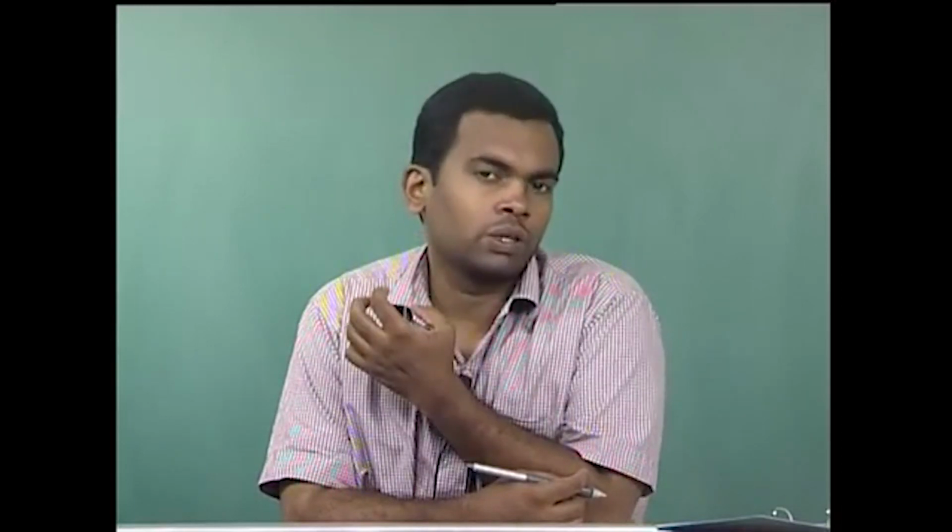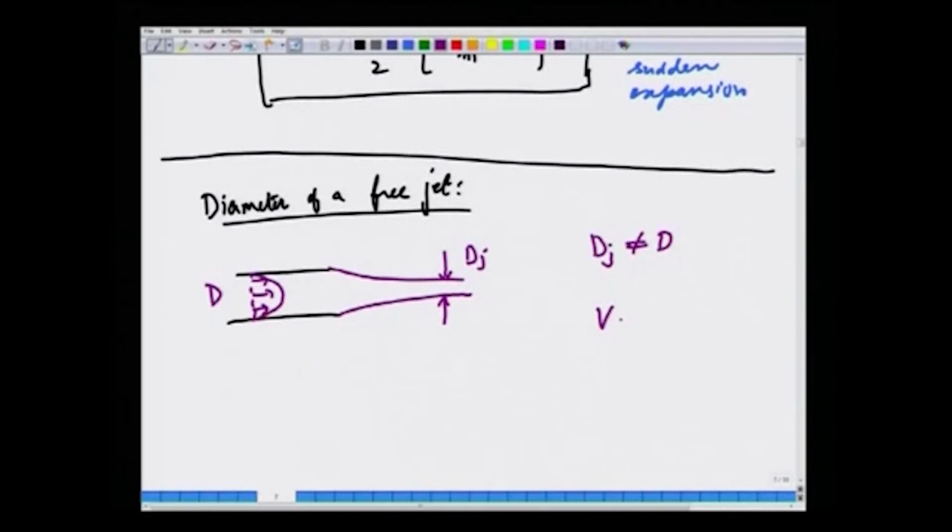The reason for that is because at constant flow rate, the amount of volume that flows inside and outside is the same. So, we have V times D is V jet times D jet. This is from mass conservation. Since the fluid will accelerate, that is V will be less than V jet, because there is no resisting force here. The fluid will somewhat accelerate here, that means that D jet has to be